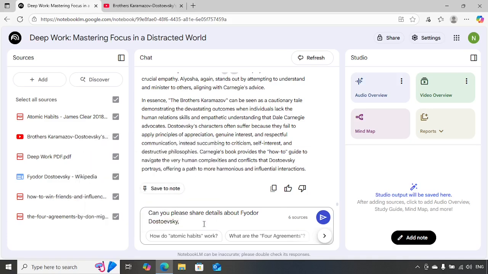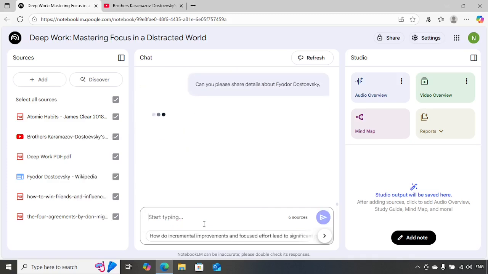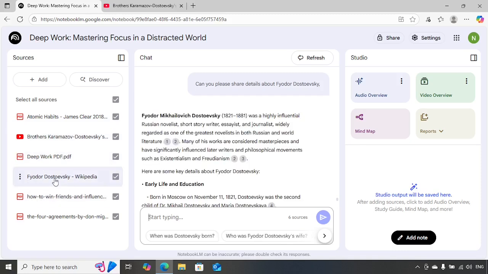Okay, I'm going to hit enter and see how it goes. Now it is going to look from the sources and fetch the details about this particular writer or author. If you see now, it is giving details about this author. Okay, this author is from 1821 to 1881, a highly influential Russian novelist,